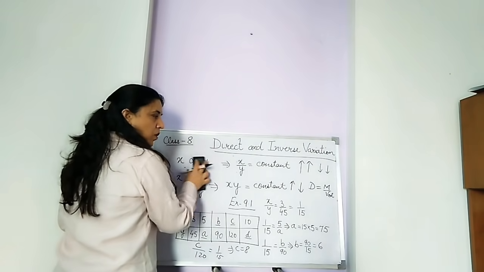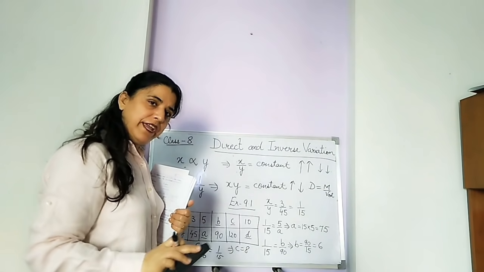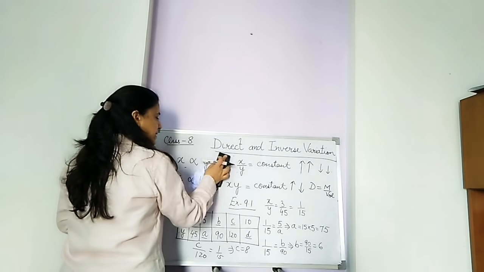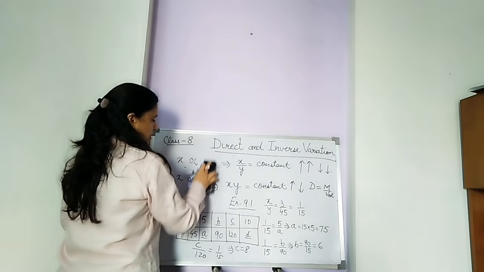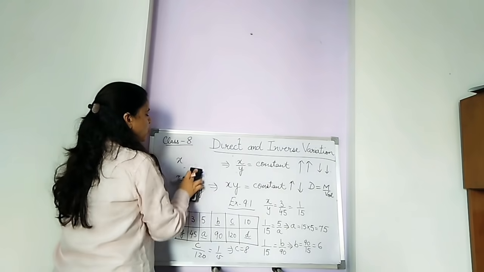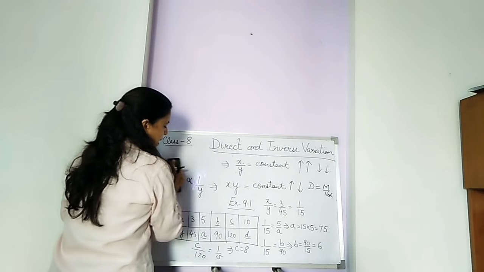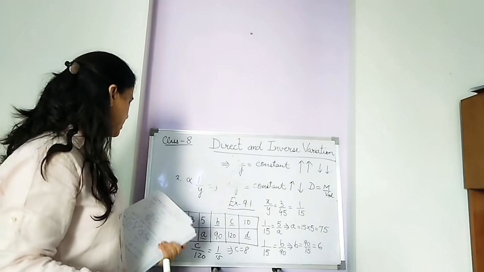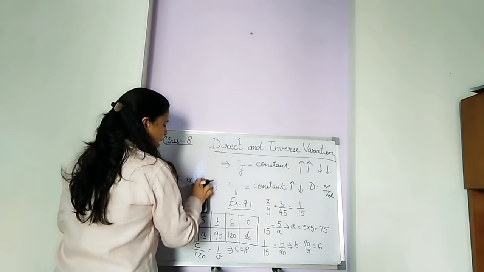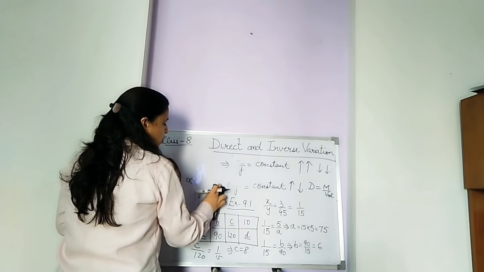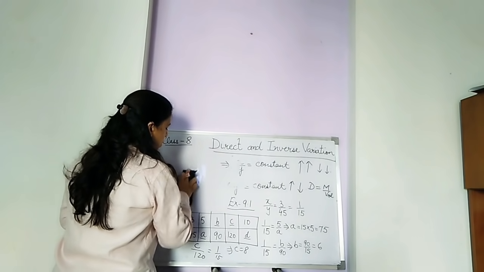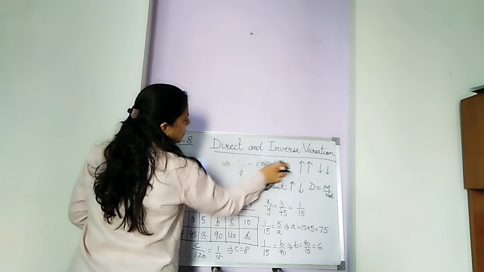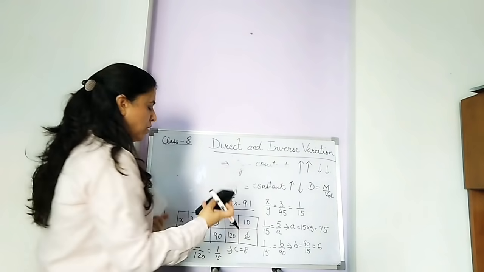Okay. Now the next question, I'll teach you the arrow method, which is the easiest method in the unitary method. I'll be dealing with direct variation today, only sums related to direct variation, and in the next class we'll take inverse variation. Inverse variation is also known as indirect variation. Now let us take this. Please note down this, all these notes have to be copied. These sums which I am doing have to be done in your fair notebooks.